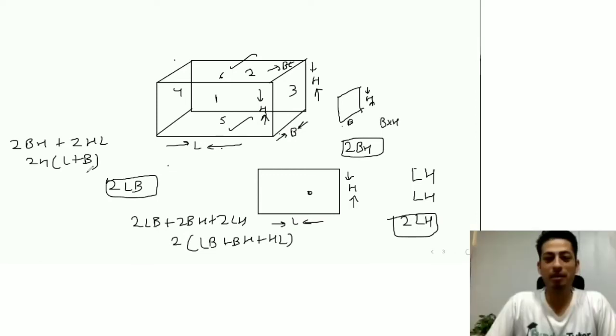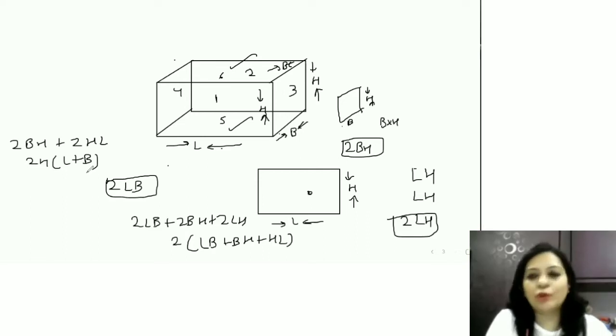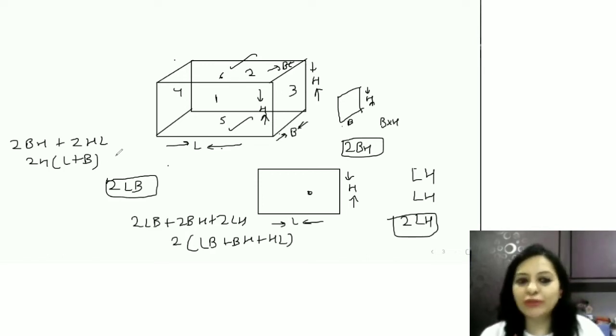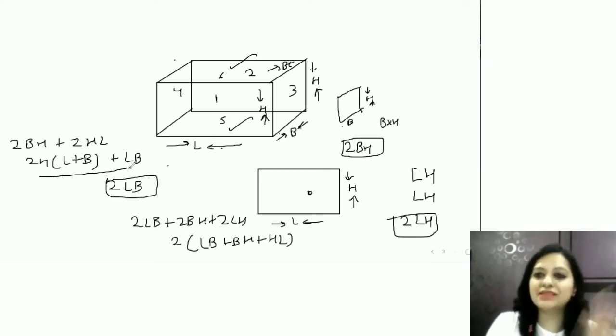And now if you have to paint the ceiling also, like sometimes it happens, the floor of course we won't be painting, but the 4 walls and the ceiling have to be painted. So we need to add another face to it, that is LB, which we had skipped. So that is how we get the area of 4 walls plus the ceiling. Sometimes they ask, you have to get the 4 walls plus the ceiling painted, the cost is this and this, and what would be the total cost of getting the paint done? And that is, sir, how mathematics also comes into planning the renovation of your home.